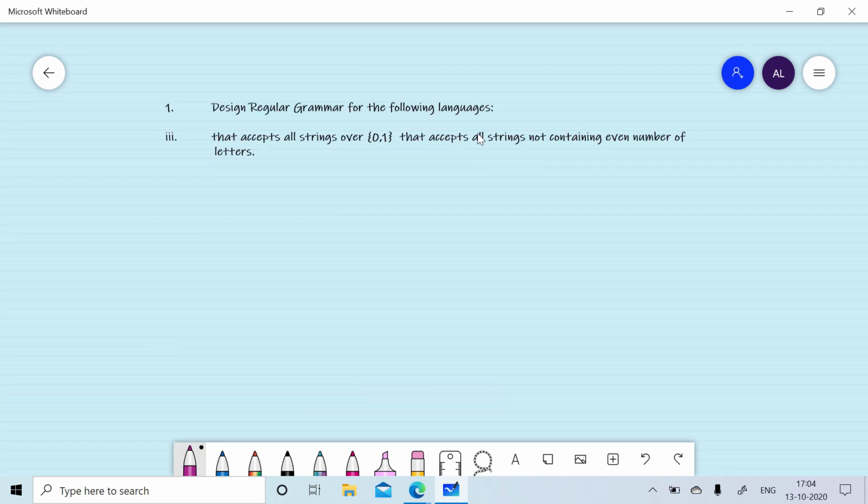Now we want to design a regular grammar over 0 and 1 that accepts all strings not containing an even number of letters. So it means the number of letters will be odd and there is no restriction on 0 and 1. So if we start with S, and we have a rule 0A or 1A, we can replace S by 0A or 1A. So we have generated one character and that number of characters is odd.